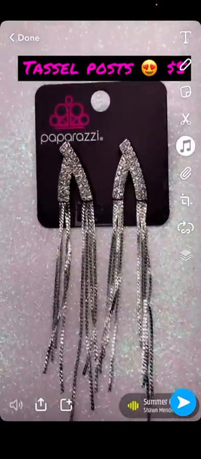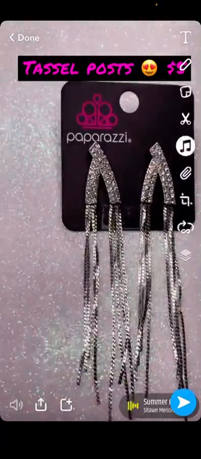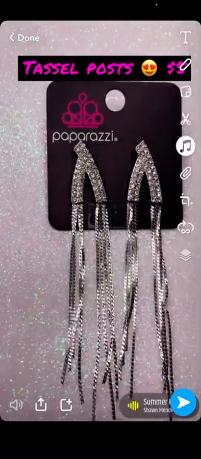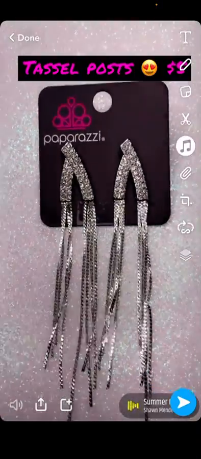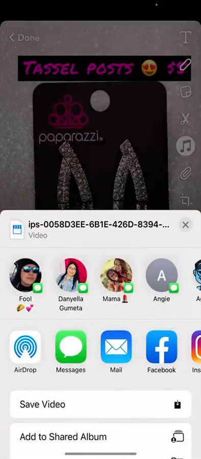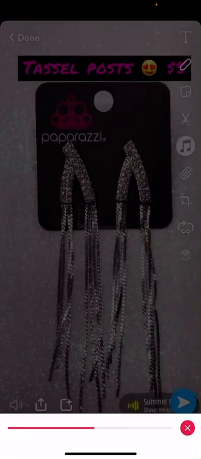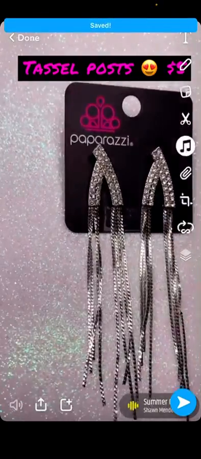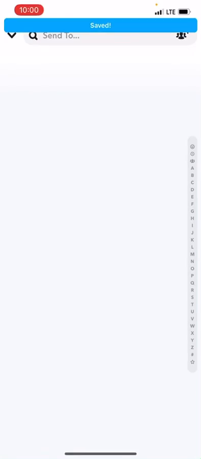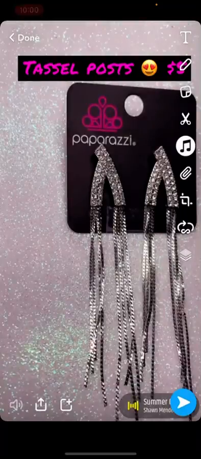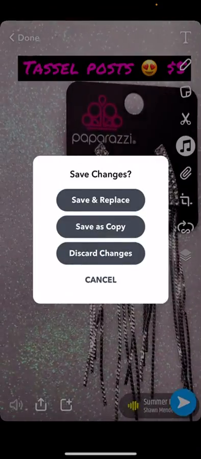Now, at this point, if you're satisfied with your picture or your video that you've made, what you want to do before posting it is go ahead and hit this little arrow at the bottom left-hand corner, okay? That's going to let you save video right here. Save video. Now that video is saved to my phone, and now I can go ahead and post it to my story and hit it right there where it says my story, okay? Now when I post it to my story, it's going to automatically go to my Snapchat story,